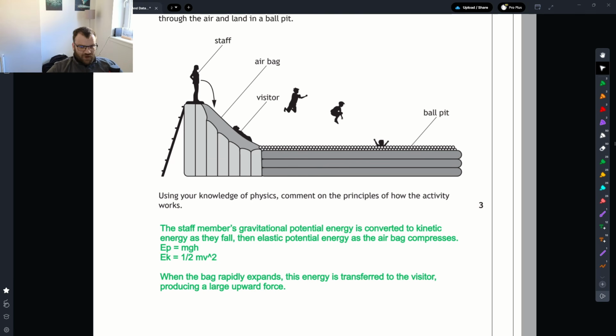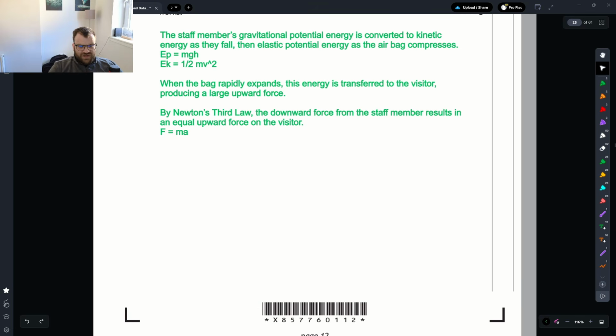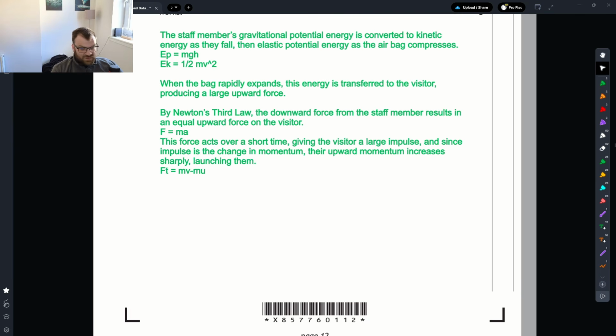And then you get the large upwards force that throws the person through the air. Also could talk about the Newton's pairs and how the downward force will have an opposite and equal upwards force on the visitor, and a bit of F=ma. We can talk about impulse, where Ft equals mv minus mu, so the change in momentum and the time that